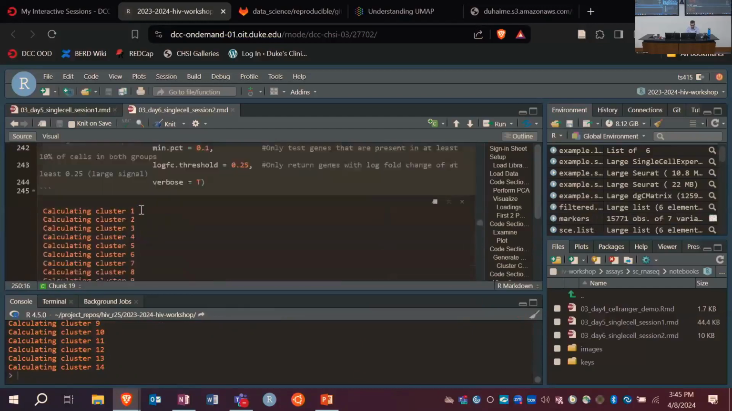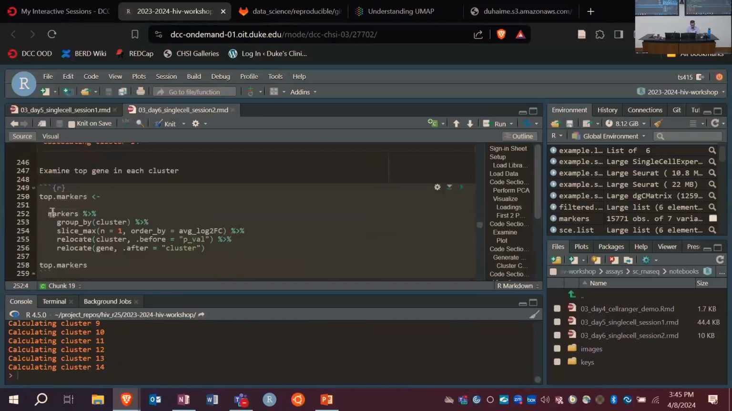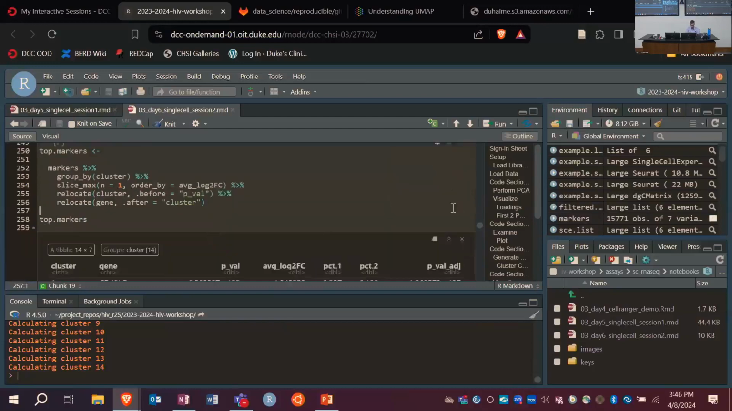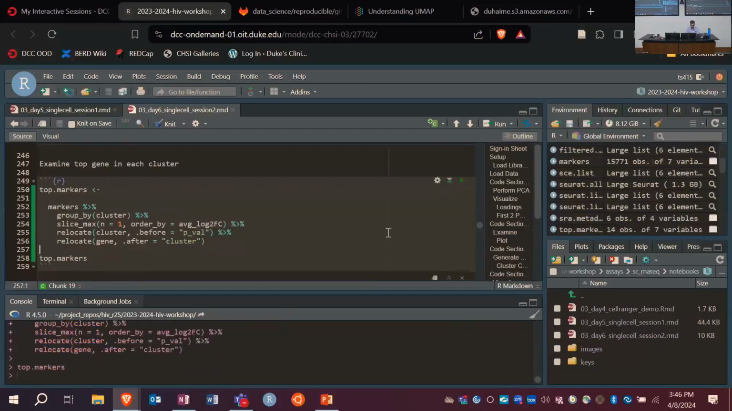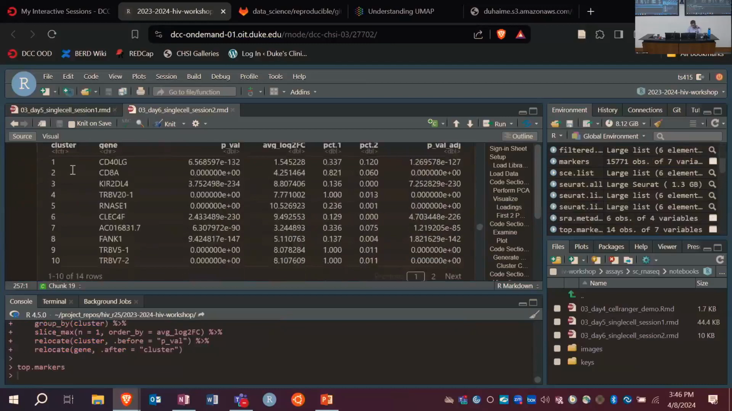We can take, I think I saved that data frame as markers. So we can take our markers data frame, use some dplyr to group by cluster. We can slice max the top gene or X genes, let's say, ordered by average log fold change. And then we can relocate a couple things to make it look nicer. And what we end up with here is a data set of 14 rows where it's the top gene per